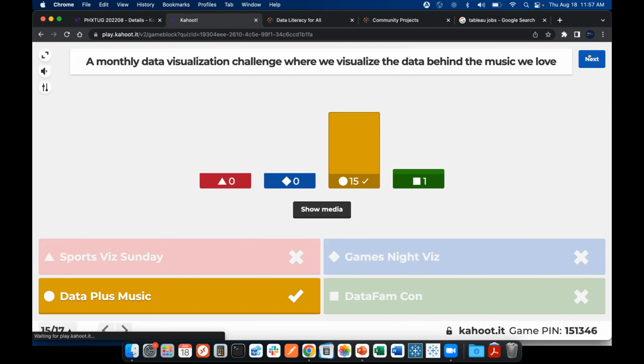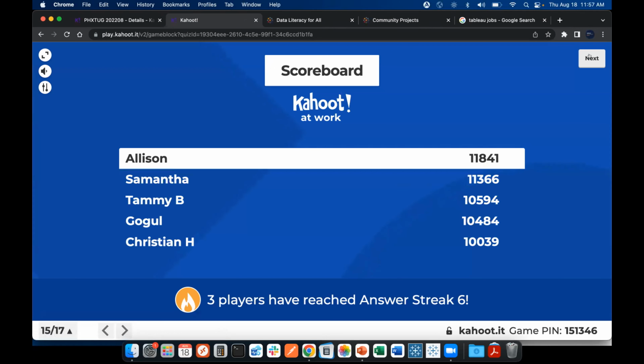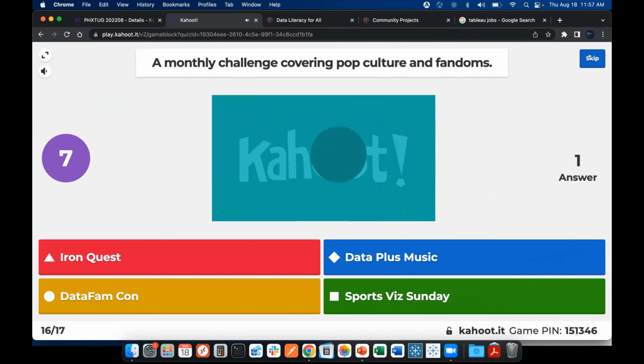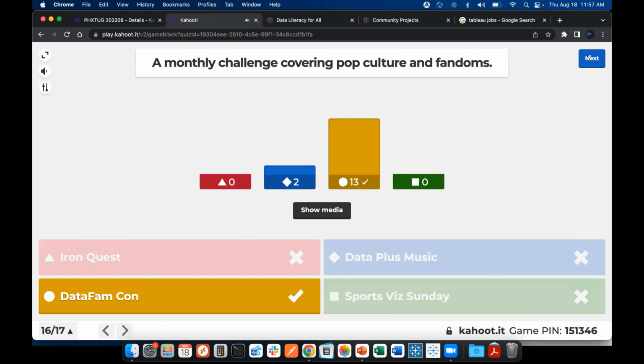All right, we've got a couple questions left. The leaderboard looks about the same. All right, now this monthly challenge is covering pop culture and fandoms. Yes, the Data Fam Con. All right. Last question.